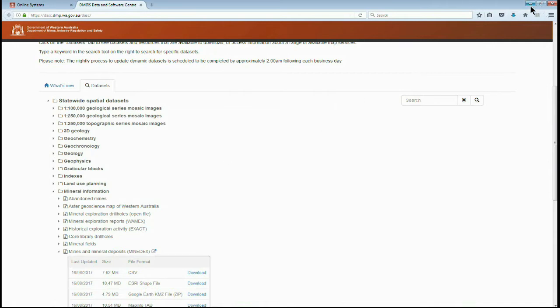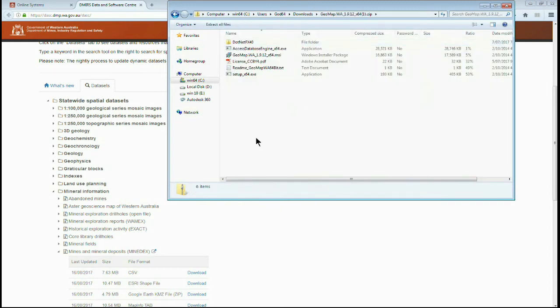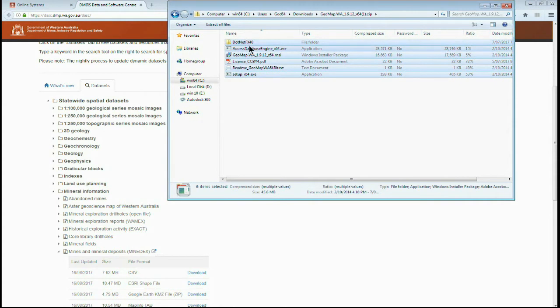Okay, now I'm going to go to my download folder. I'll just open this to get to open containing folder. Here you will see the GeoMaps software that I downloaded. It is in a zip file, so I shall just click it. Different people have different zip programs. I don't have one. All I have to do now is, I've opened it, I just highlight them all, copy,